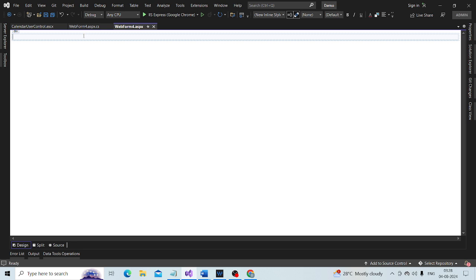So it is going to solve the runtime exception that we have just got, and it is also going to tell us where exactly we want the user control to be added.